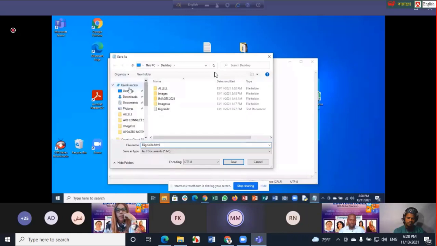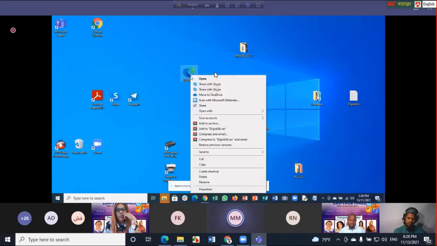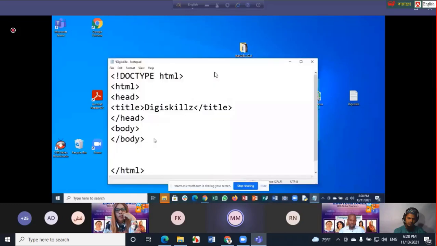When I close this one, as you can see, immediately you put HTML, it will change the icon to a web browser. So for me to continue creating other things, I'll go back, open with Notepad, because I haven't finished. Now, whatever you're going to do, you must make sure it lies in the body. We are going to start with maybe changing the background.